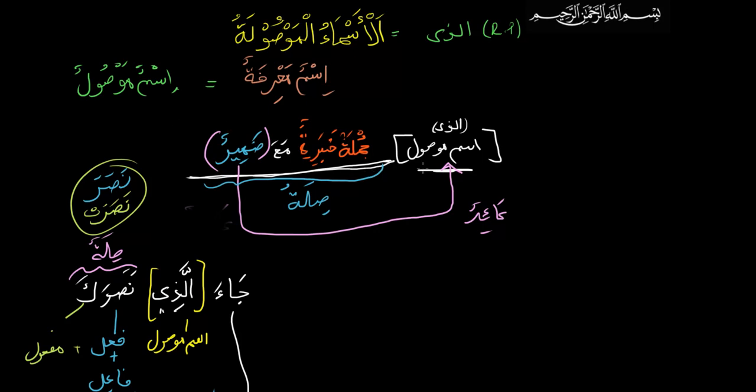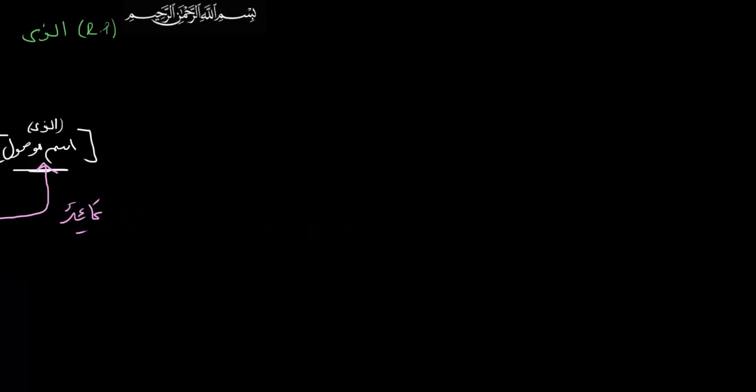Now, relative pronouns are for men, and there are for women. It's an easy list, not that difficult to memorize. Let's talk about the list for men. So allazi, here it is. That's one, that's for wahid. And then there's allazani.